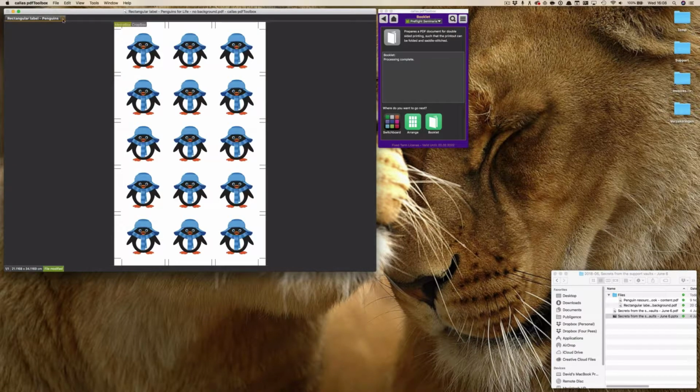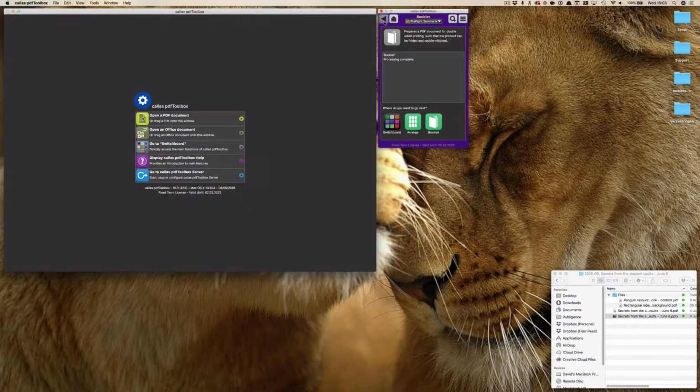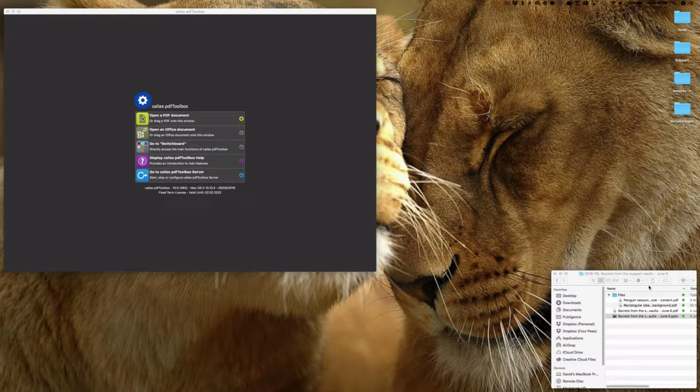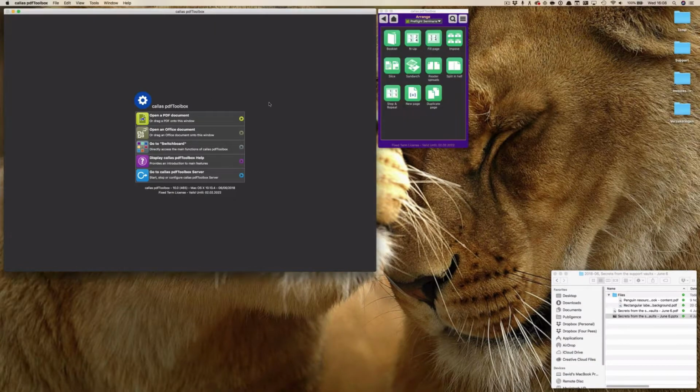So let me remove those. All of these special functions are equally easy to use in that fashion. You simply add the parameters that you want, handle, you fill out the parameters, you click on execute, and that will do it on the file that you